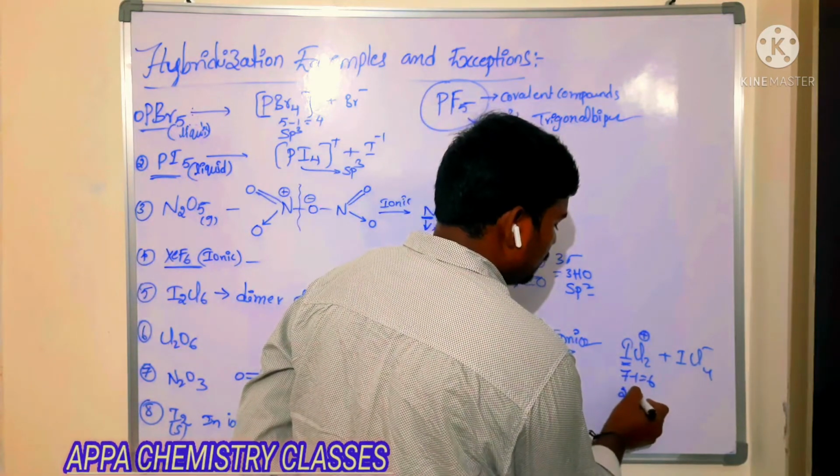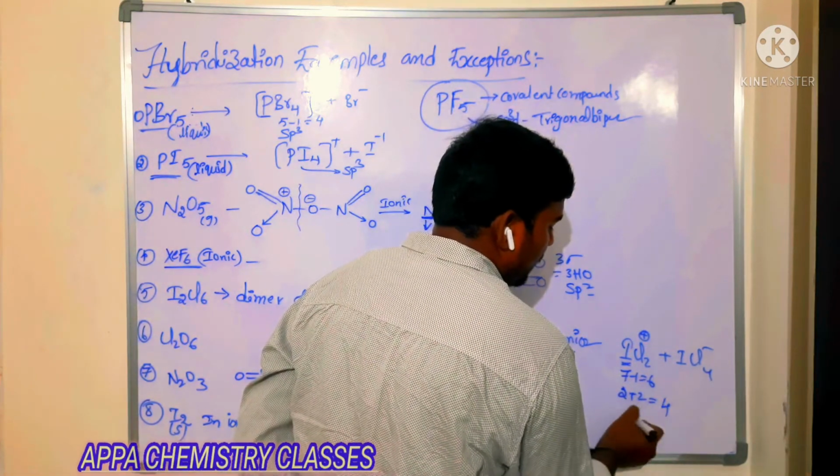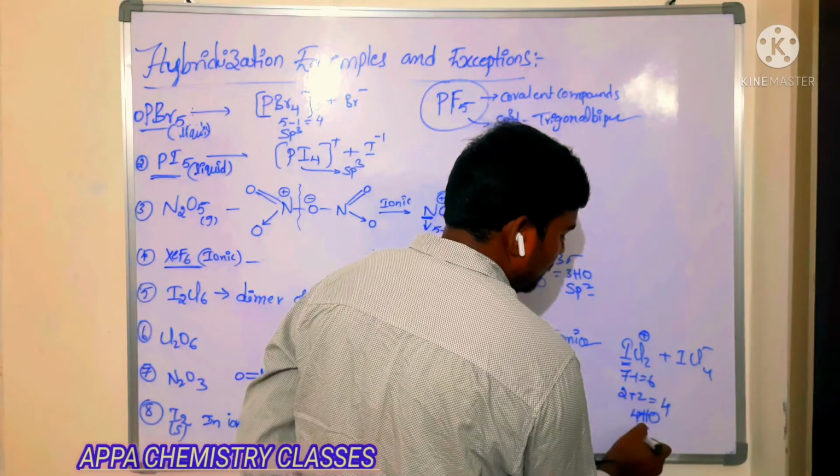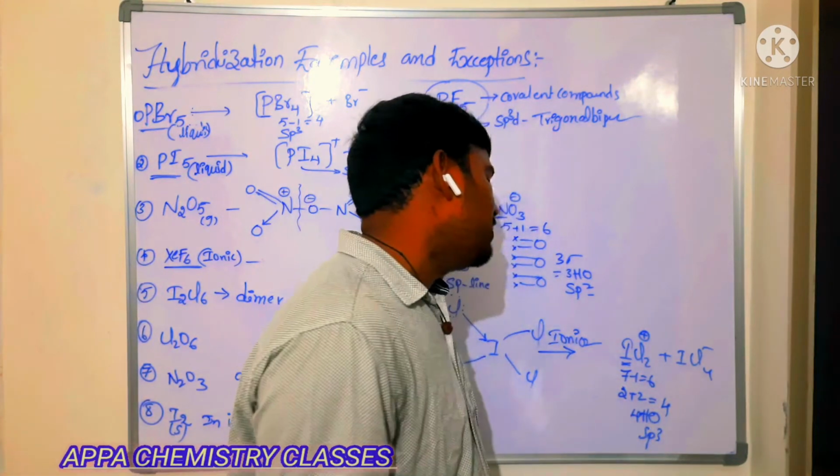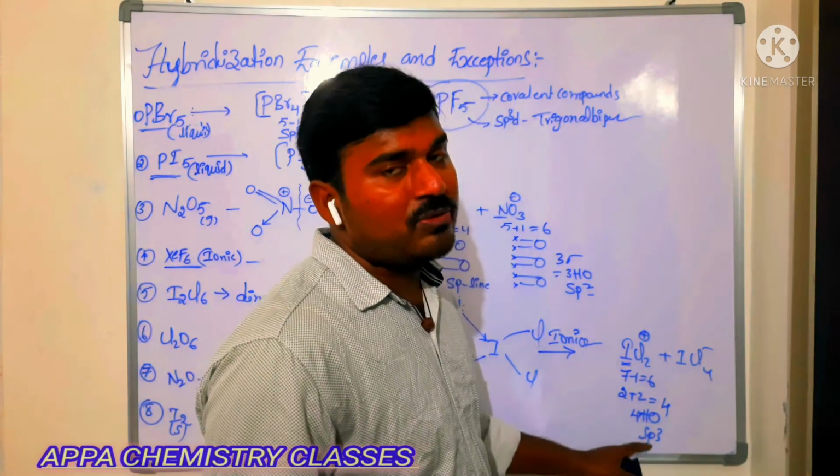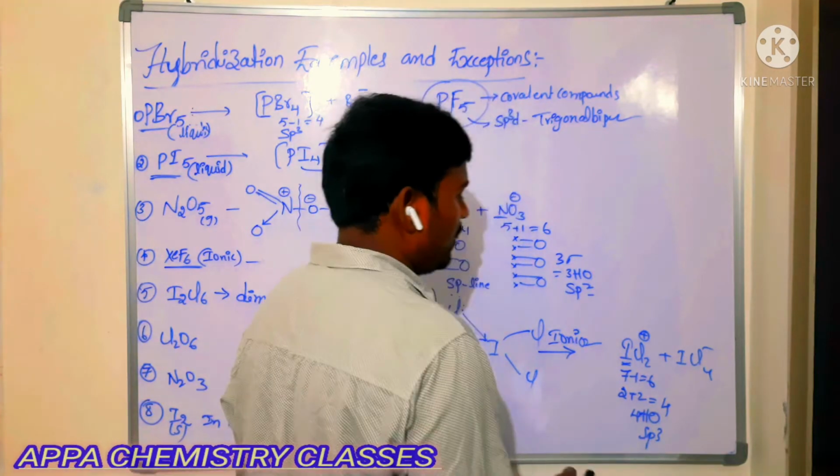That is 2 plus 2, that is 4. 4 hybrid orbitals is nothing but sp3 hybridization, and there are 2 lone pairs of electrons. So it is angular shape. Next,